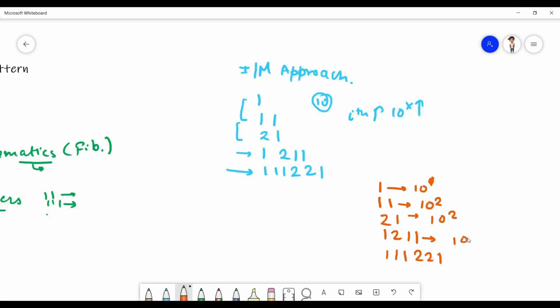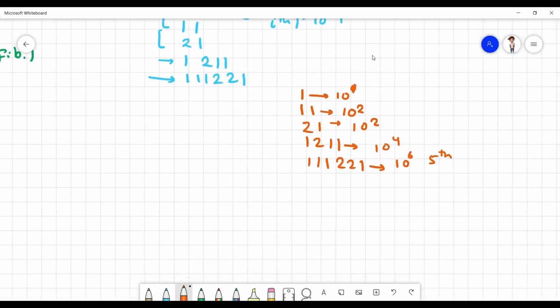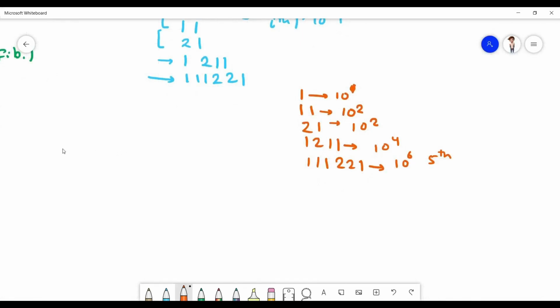And similarly, this is 10 raised to the power 4, and this is 0 to 10 raised to the power 6. For the fifth term, we are getting 0 to 10 raised to the power 6. As in the question it is mentioned that n lies between 1 and 30, right? So for the fifth term, we are getting an upper bound of 10 raised to the power 6.